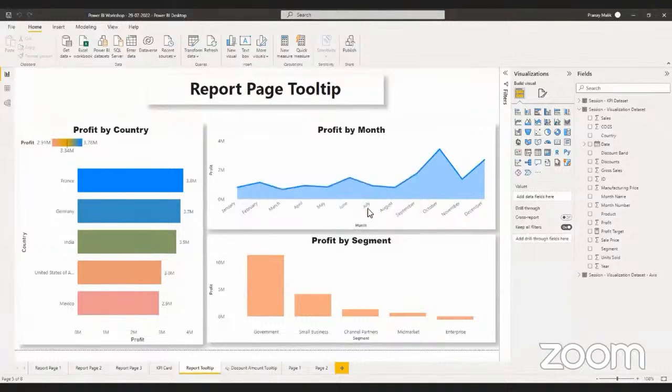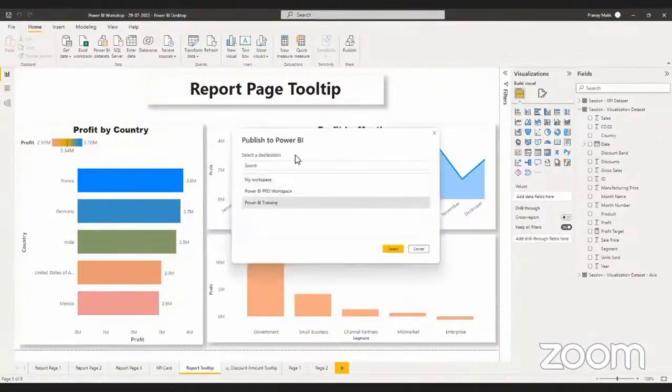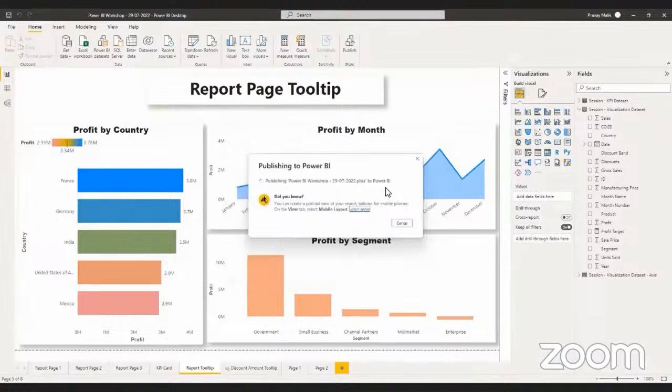Yes, we will save the changes. And what we are going to do now is go ahead and publish this report on the cloud version. On the cloud version, I have a couple of different workspaces created. Don't worry, you don't have to worry about what workspaces are at this point. Once we get into the session, everything will be done by you, and I will be guiding you through the entire process. So let's select a workspace, and now you just go ahead and